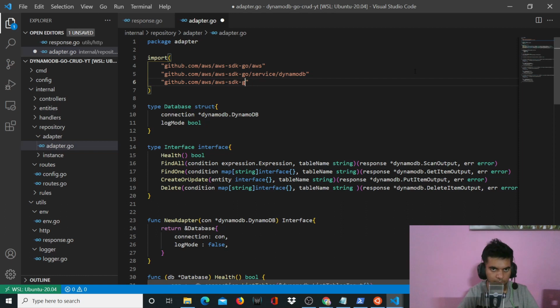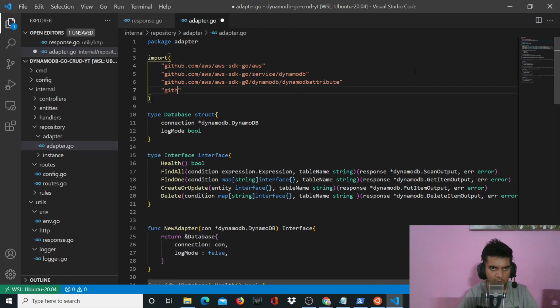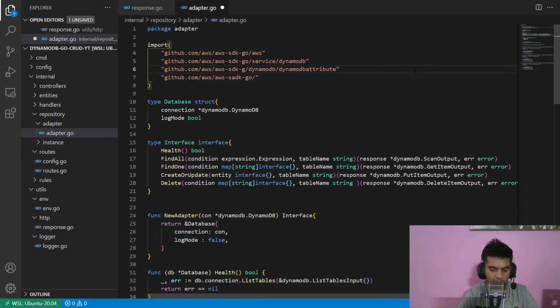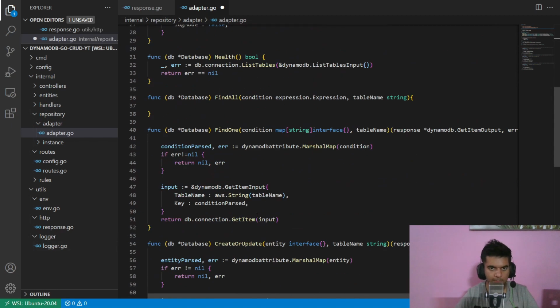github.com/aws/aws-sdk-go/dynamodb/dynamodbattribute, and we'll import aws/aws-sdk-go/dynamodb/expression. Okay. So in our FindAll,